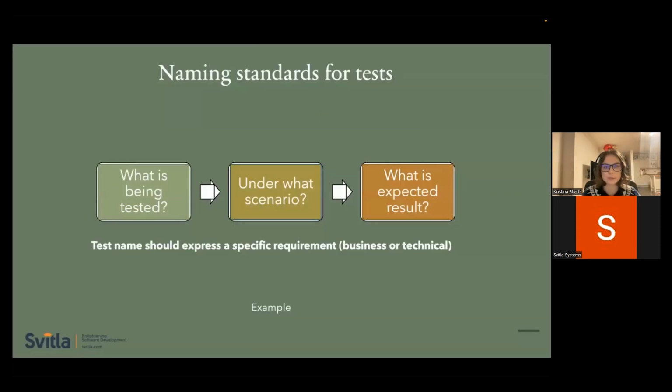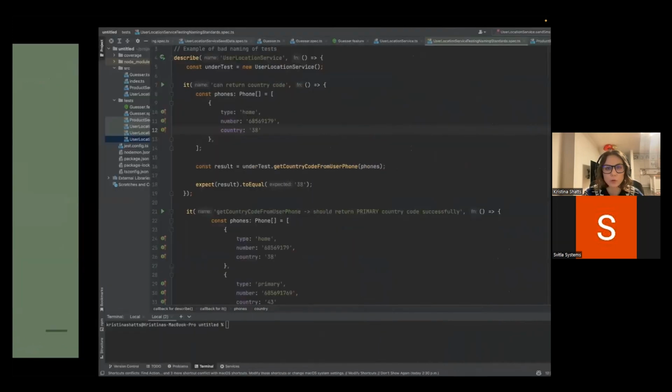So next, let's talk about naming standards for tests. The test should follow and should answer three main questions: what is being tested, under what scenario, and what is the expected result? So the test name should express a specific requirement, business or technical, and everyone should understand what failed and why it failed. So I will show you right now examples of bad